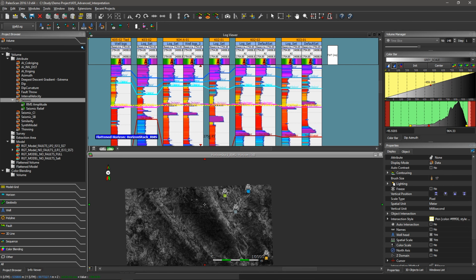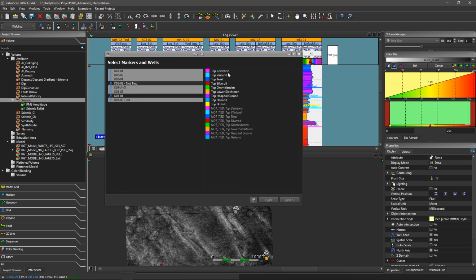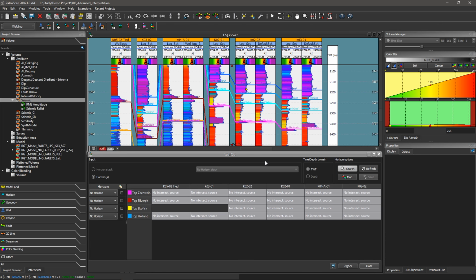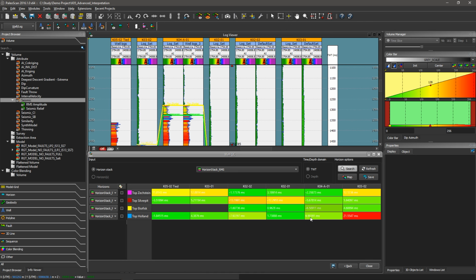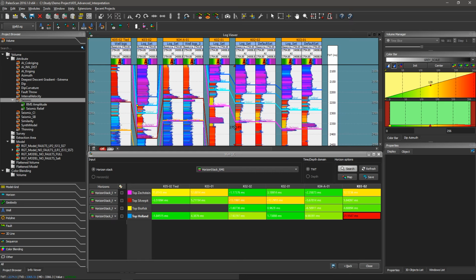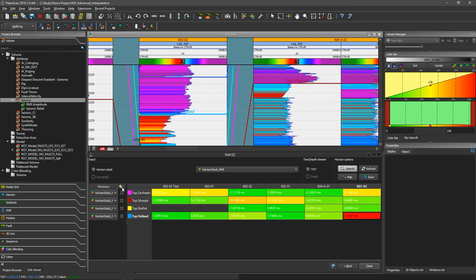In order to go further in this correlation, if you want to quantify the vertical distance between your markers and horizon, you can use the well markers QC table, select any well and corresponding markers. Then, thanks to horizons from database or horizon stack, PaloScan will automatically search for the nearest horizon. Once it is done, you have a multitude of cells which highlight the vertical distance between automatically detected horizons and markers. You can display the intersections of your horizons,